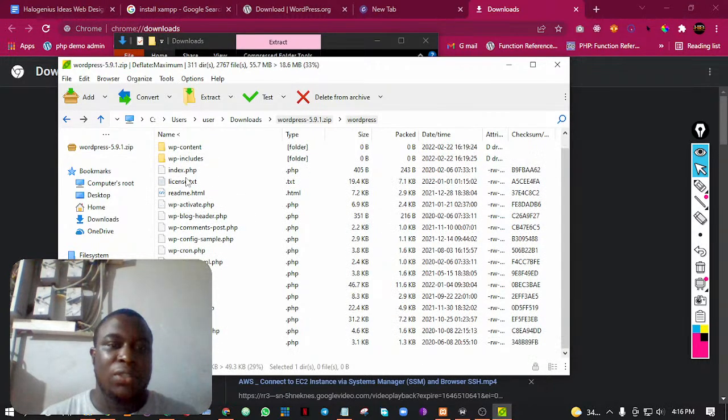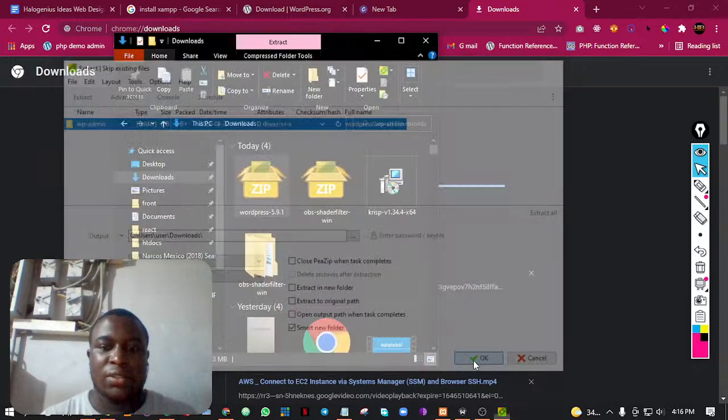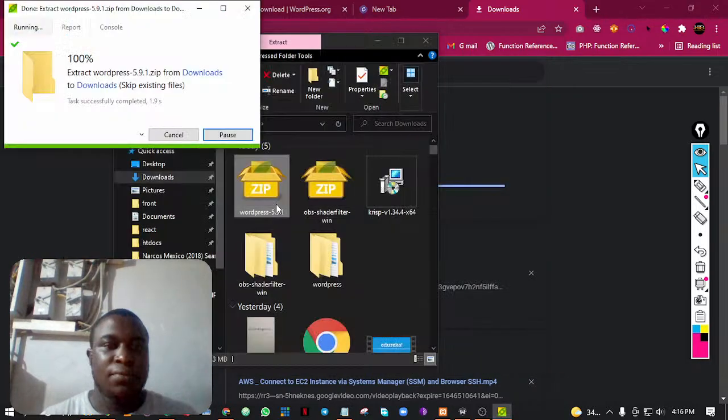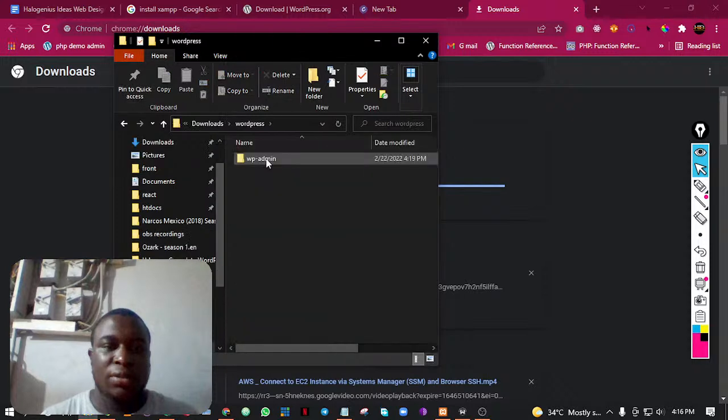So this is WordPress over here. You can see all the WordPress files. These are the core WordPress files. So I'll come to extract, then you can just extract it over here. If I close this and come back here, you see I have a folder here. If I open it,